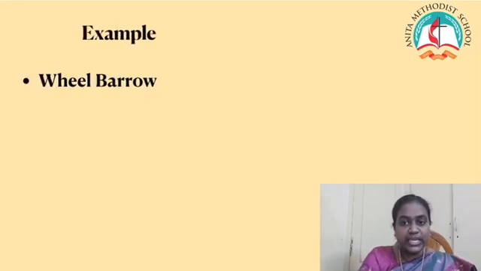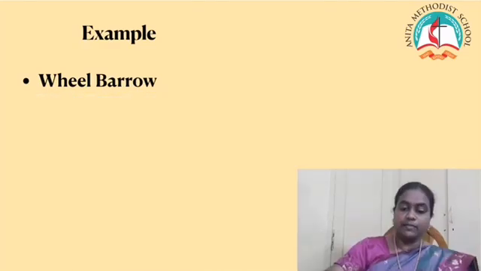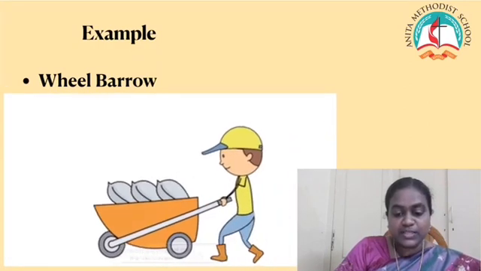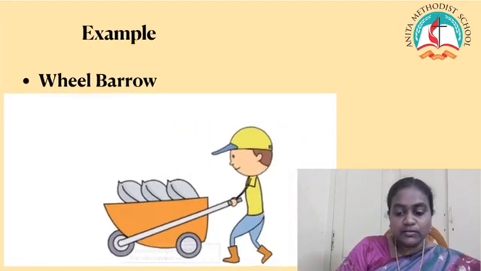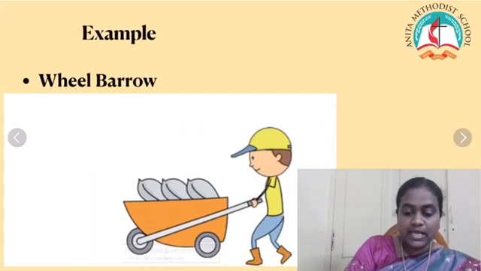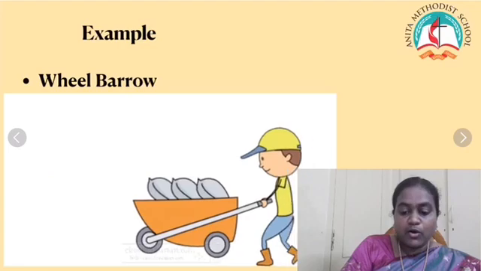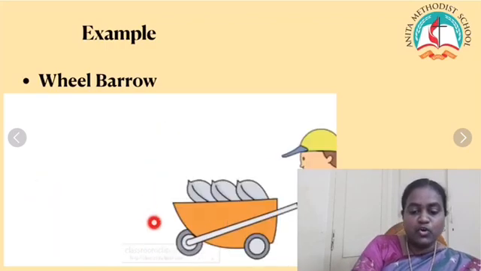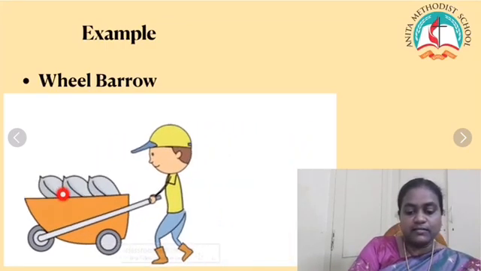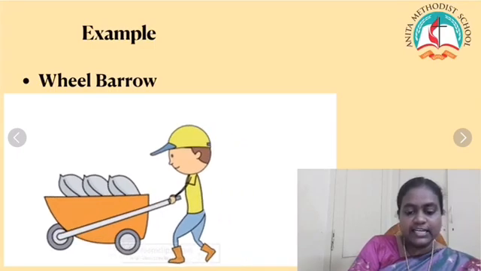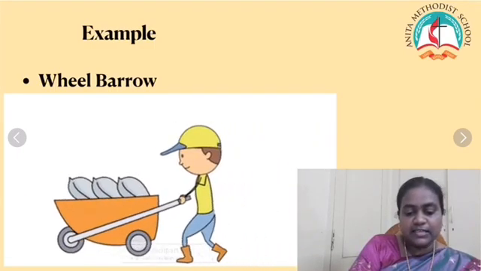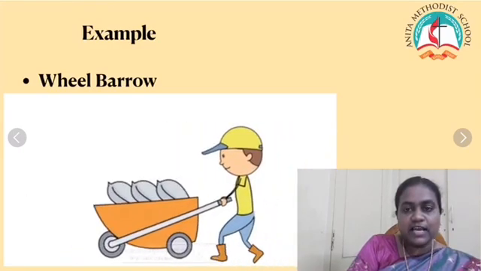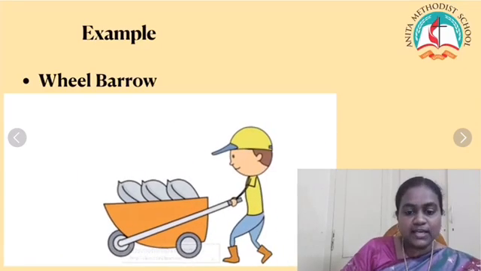Here we look into wheelbarrow as an example. Here in this picture, can you see this boy moving the load? See, the boy holding this handle is the force he is applying here, correct? And the load is here which he is carrying here. The wheel is a fulcrum. So the fulcrum is down, the load is in between and the man is applying force to move that wheelbarrow.